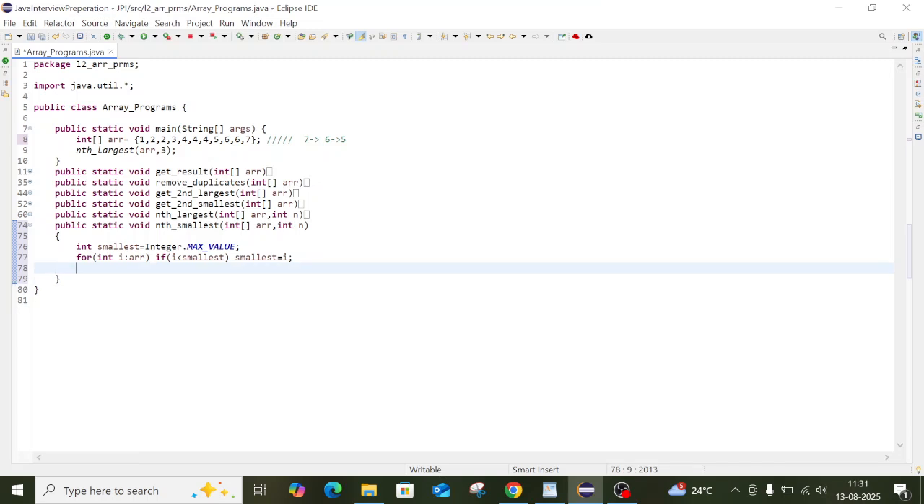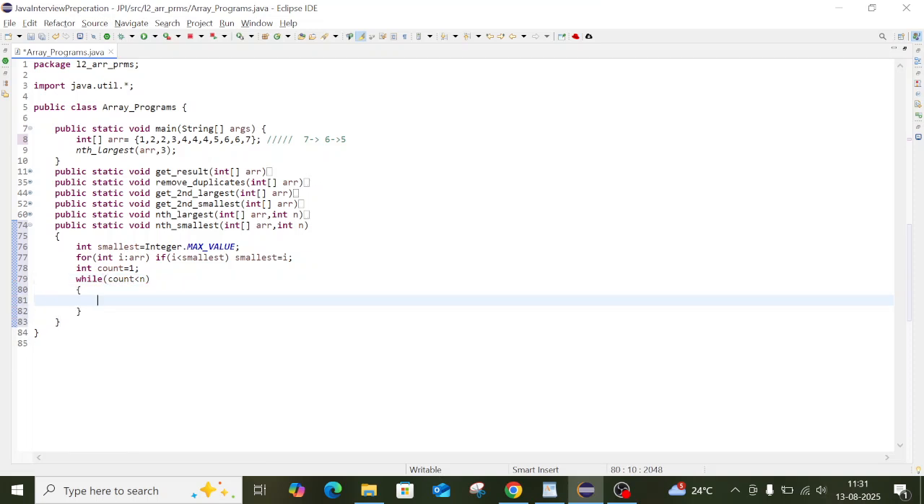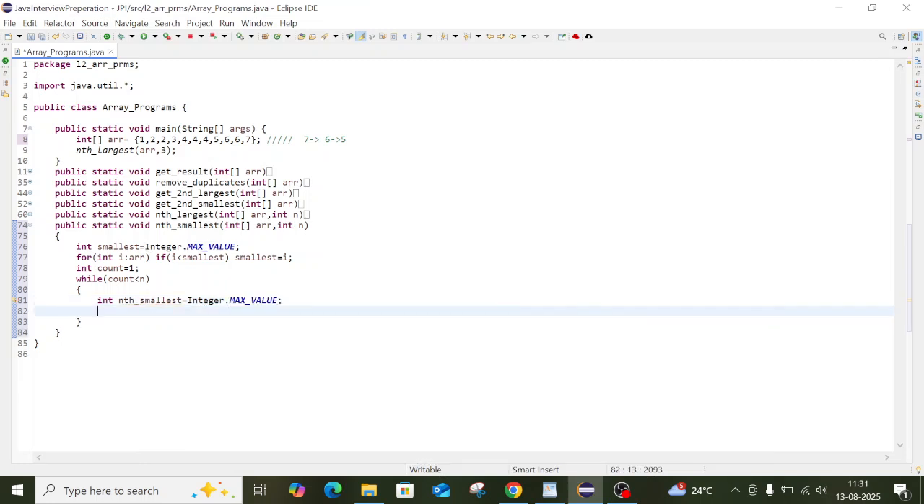So we will create a counter here. Count is equal to 1. While count is less than n, we have to find the next smallest element. So let me create this nth smallest element. nth smallest is equal to Integer dot max value. While iterating this, we have to check the condition, right? So what is the condition? If i is less than nth smallest and i is greater than the smallest element,